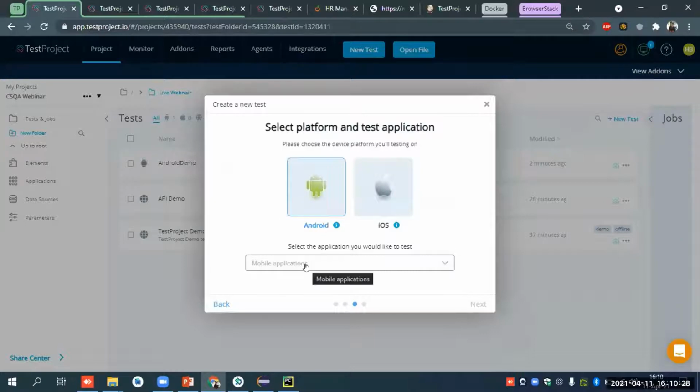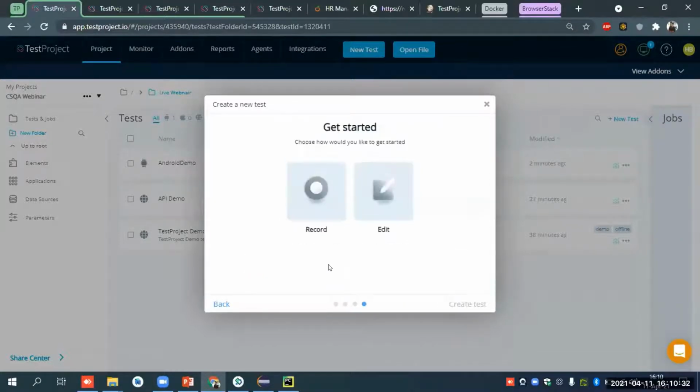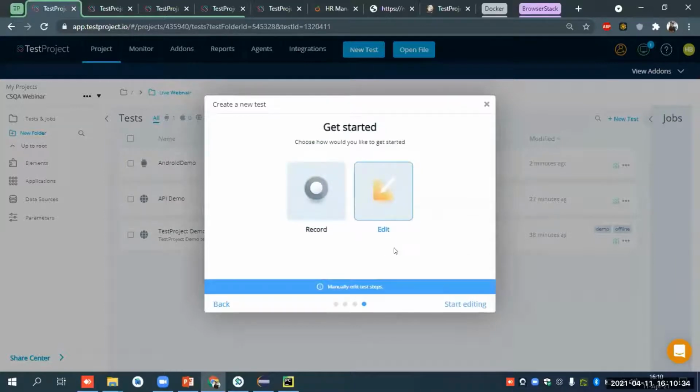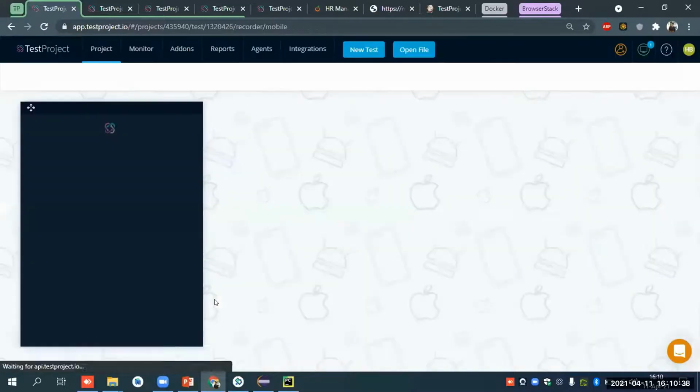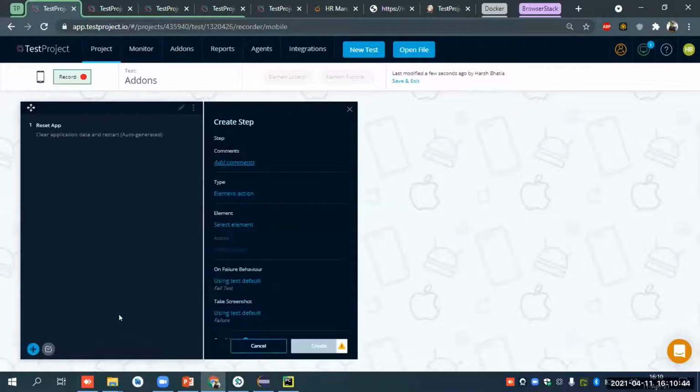I will click on the Android again. Same application, calculator. We will just do it on here, and now we will click on the edit. Okay, so after that I click on the edit, so I will just add a step here.